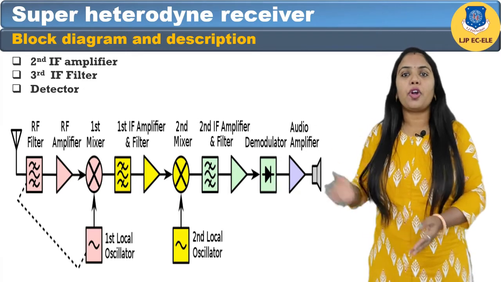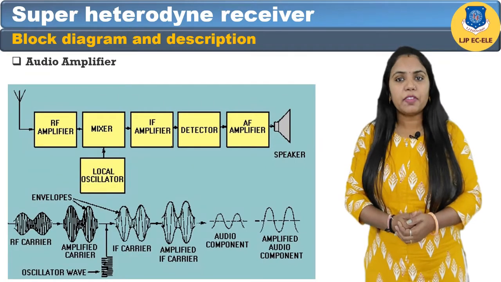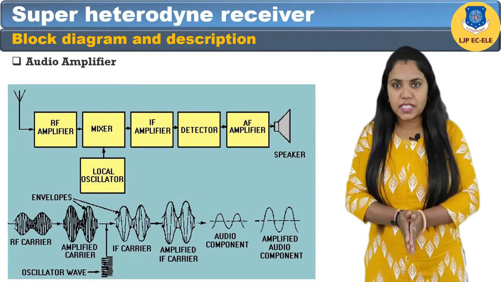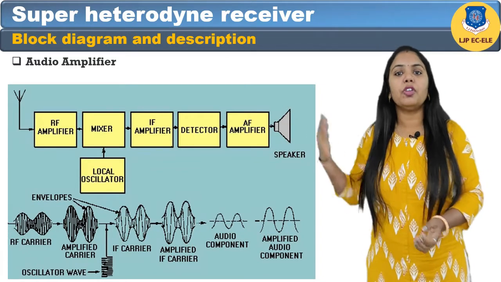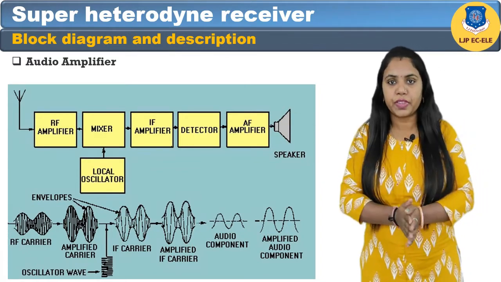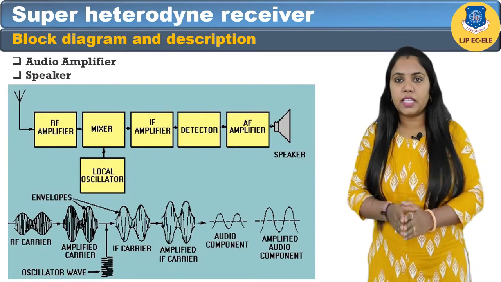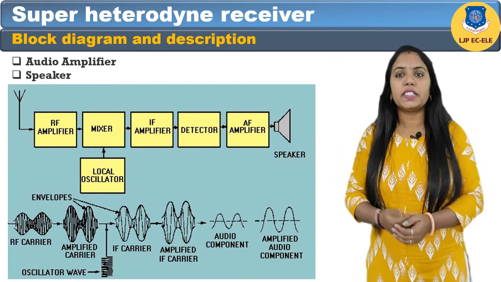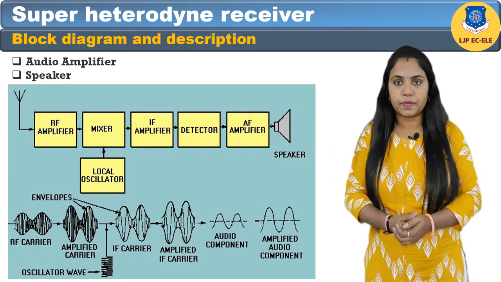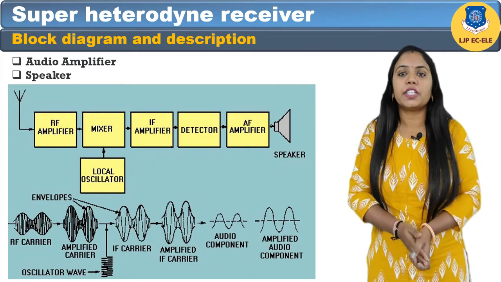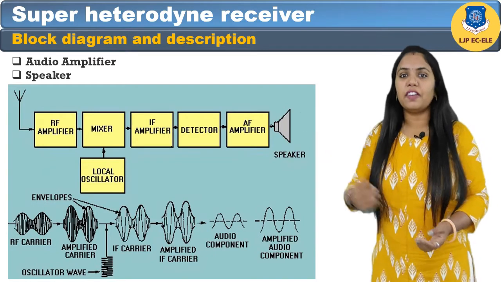The next is audio amplifier. The 10th block is the audio amplifier. It amplifies the audio signals and passes them on to a speaker. Between the detector and the audio amplifier, a volume control potentiometer is used. The next is speaker. The last block is the speaker. Usually it is 8 ohm and 0.5 watt that outputs audio to the users. The speaker is sometimes connected to the audio amplifier through a headphone jack that disconnects the speaker when headphones are plugged in.